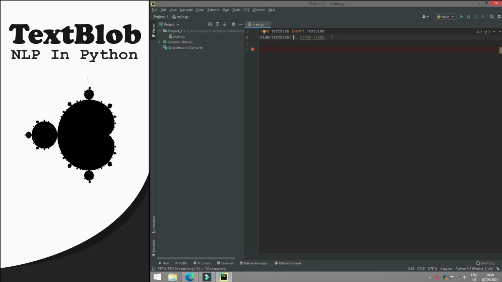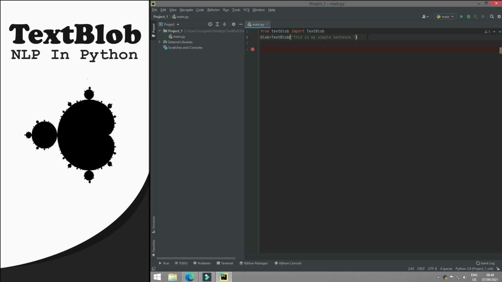Just remove it, and there I will write: this is my simple sentence. So this is my simple sentence, and now we will see how this text blob,